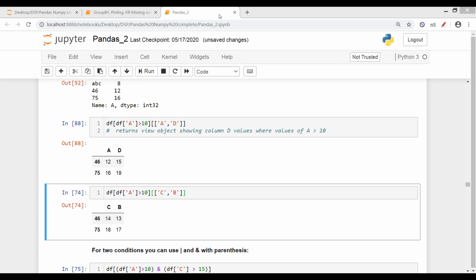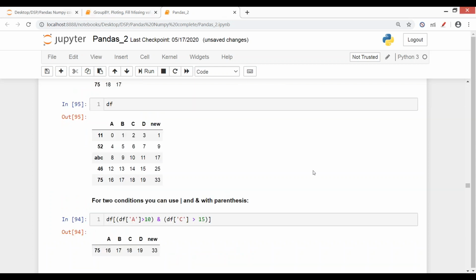Okay, so now this was for a specific column. Now you can check for multiple conditions as well, with multiple columns. Here, for column A, I want the data in the data frame where the value should be more than 10, and we use the and operator. When given an and condition, both conditions should be satisfied. This should be true, and this should be true. So I want the data where the value for column A is more than 10, and the value for column C is more than 15.